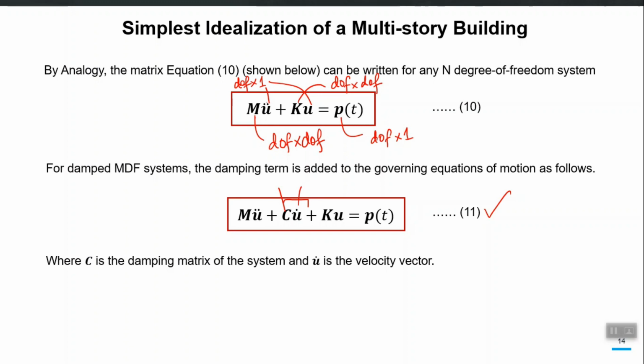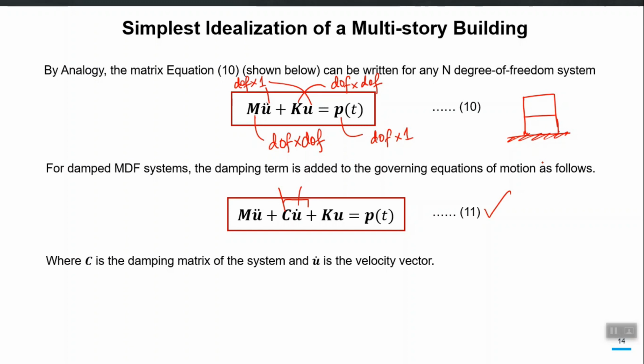Will equation 11 change? No, because you will have more degrees of freedom and they will be reflected in the K matrix, C matrix and M matrix, right. So imagine a structure, let me have a 2-story building. Currently for our simple formulation, it should have a 2 degree of freedom structure, and then it should have a 2 by 2 mass matrix, 2 by 2 K matrix, and similarly 2 by 1 U vector, U dot dot vector, U dot vector and P vector, right, all will be 2 by 1.